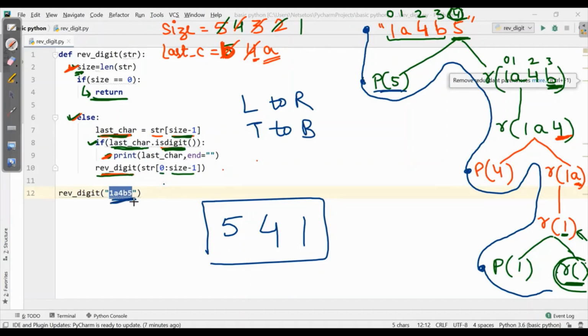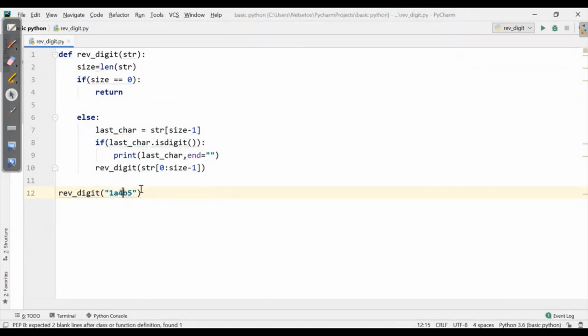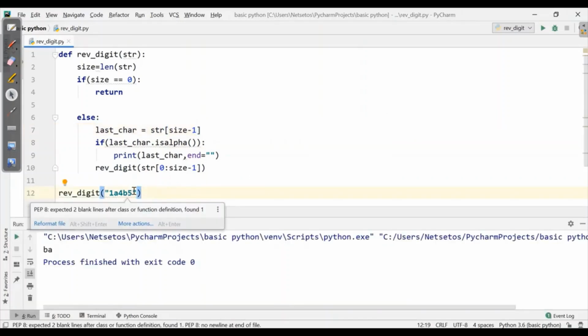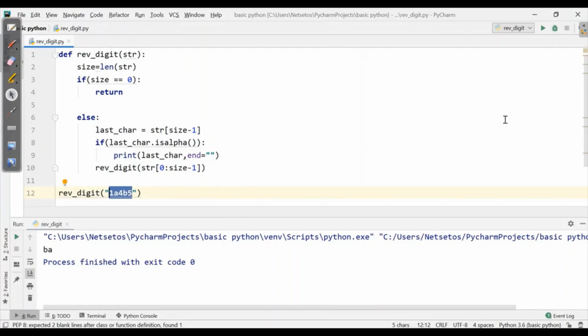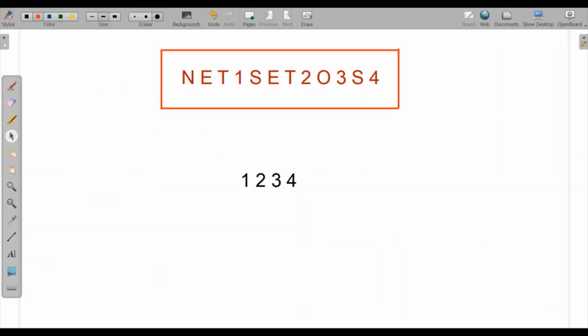So this is how recursion works if we need to extract digits from the input string. Now I want just alphabets. So instead of digit, we just need to write alpha. And when I print this, I get all the alphabets extracted from the input string. And this we can understand with the help of a tree, as we understood the tree for extracting digits. So representation of a tree makes it easier to understand recursion. I'll be coming up with more videos on recursion. We will see how to extract digits and at the same time print their binary equivalent using recursion.